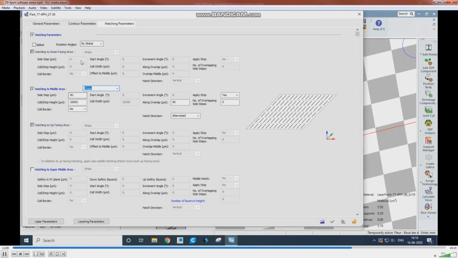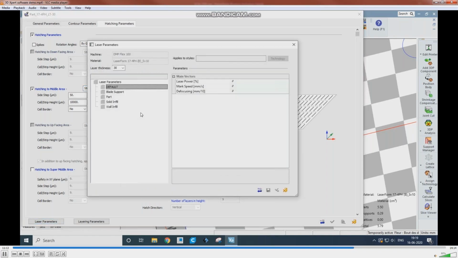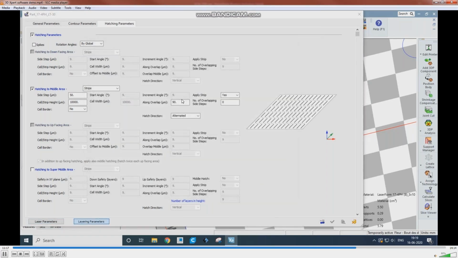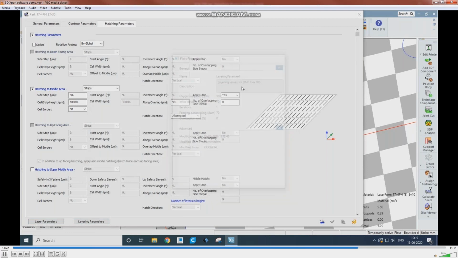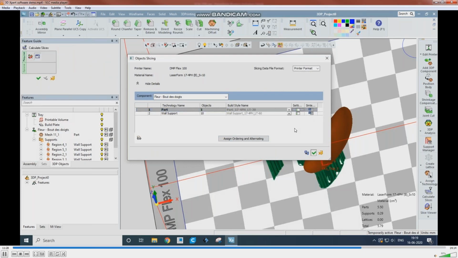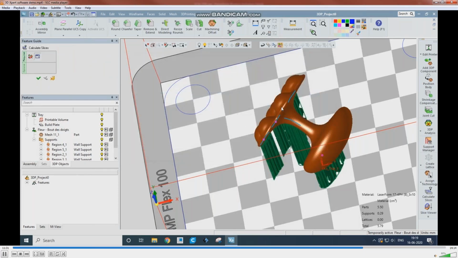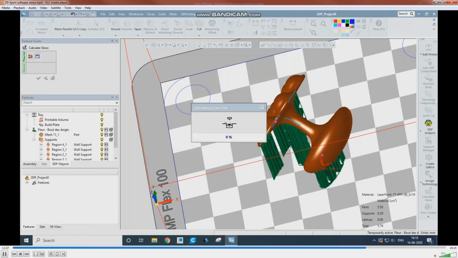Okay, shapes, and then laser power. You can change the parameters here. Okay, if you wish to work on increment of staircase, whatever the things you wish to do here, you can change. Okay, and then it is generating the code.